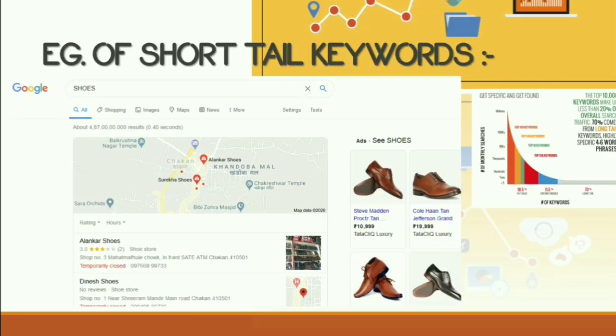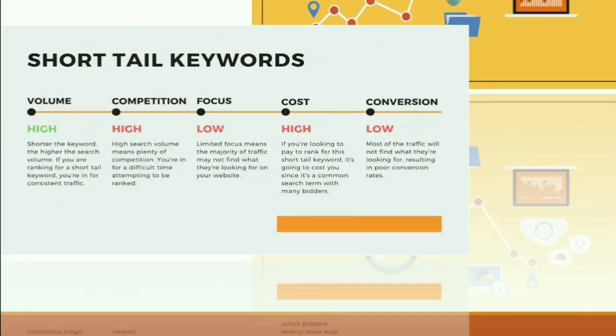Now here we'll see the same example. I have written shoe as a short tail keyword in the Google search engine and the result I have got is in millions. So you can see the difference. First we got the result in crores and now I'm getting the result in millions. So I will get the same product, but if my keyword changes, then definitely the results I am going to get are also going to change accordingly. So this is how the short and the long keyword works.